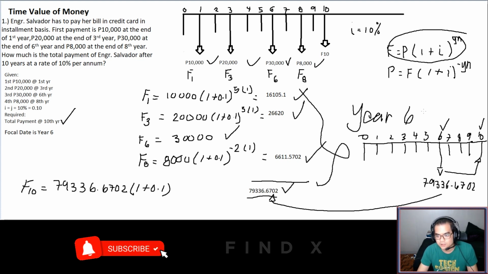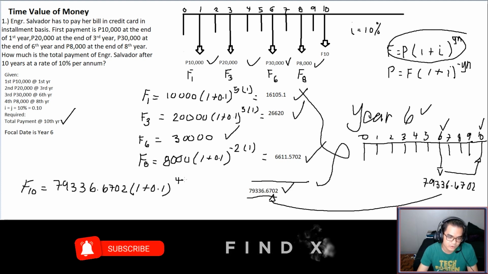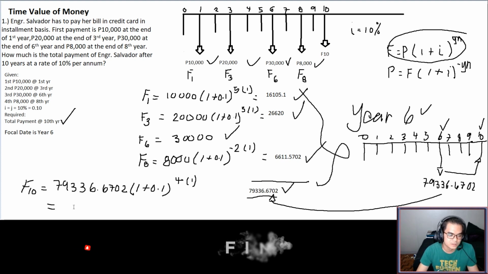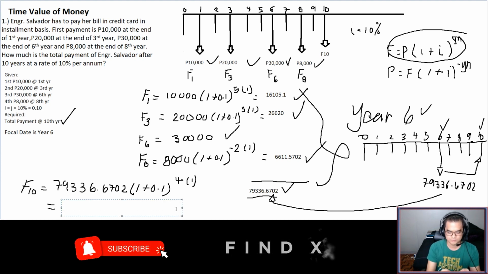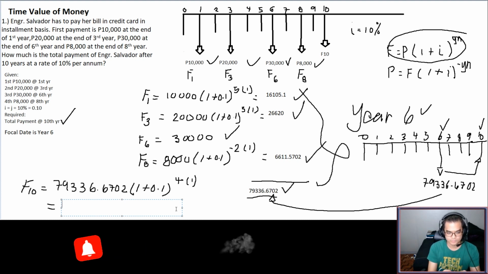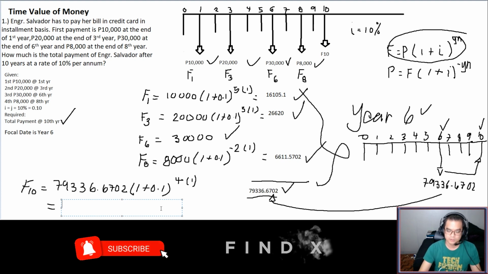This is from year 6 to year 10, that is 4 years. So that is 4 times 1. Let's try this on your calculator: 79336.6702 times 1.1 raised to 4. Your answer will be 116